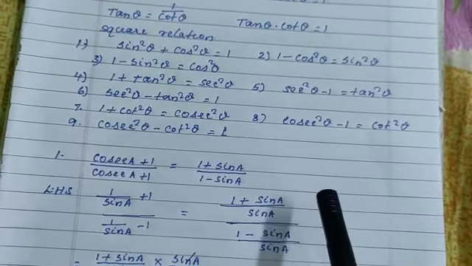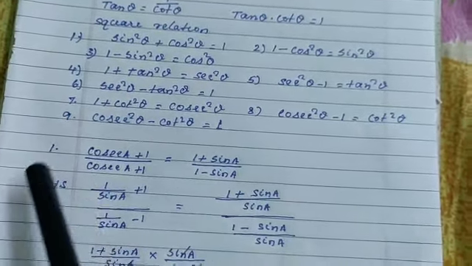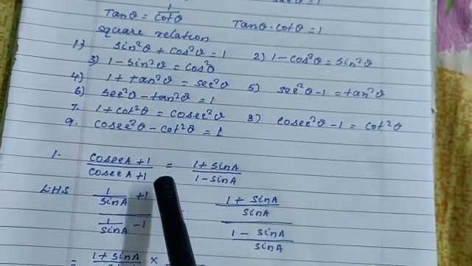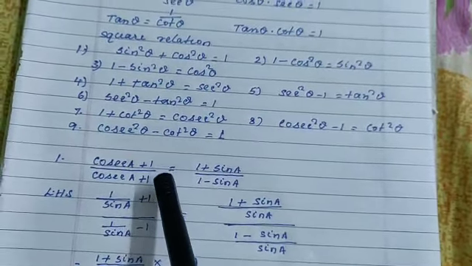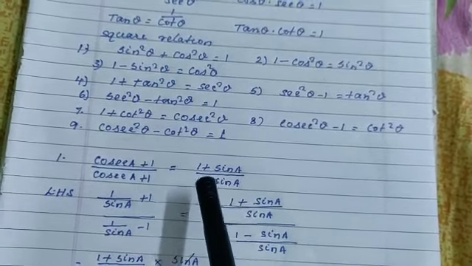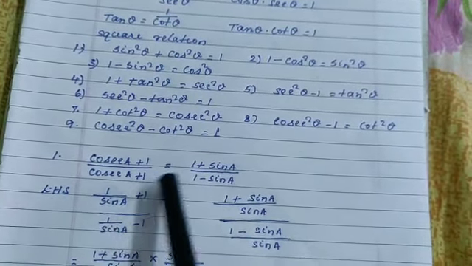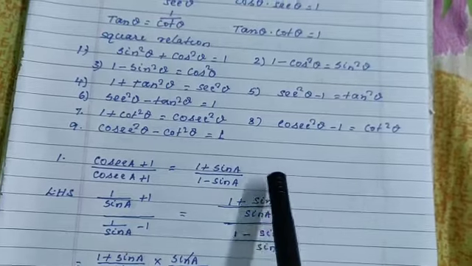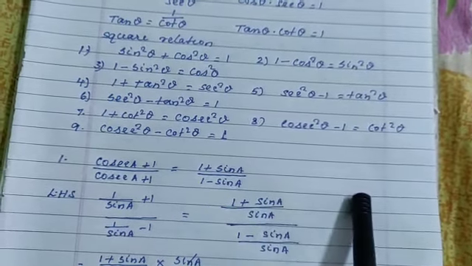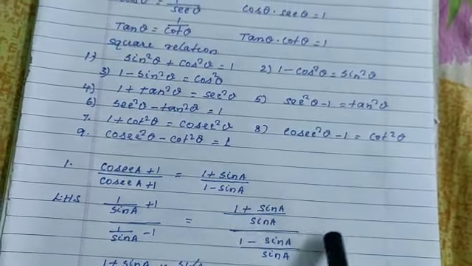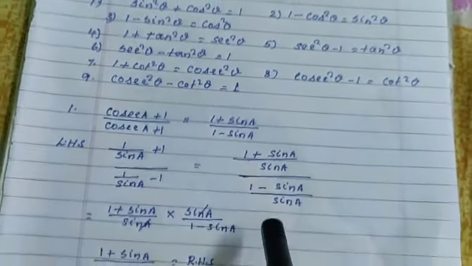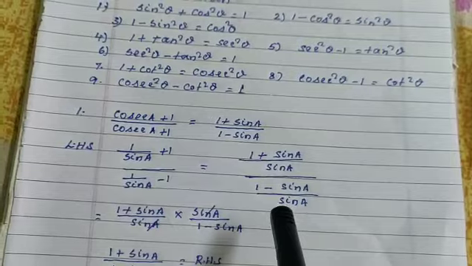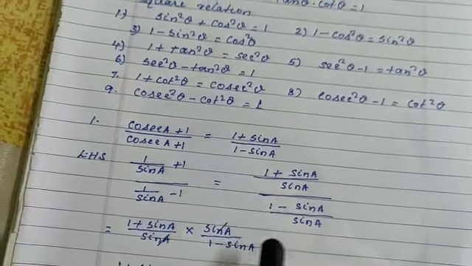In trigonometrical proofs, two sides are given: one is the left side and the other is the right side. We take the left side and bring it to the right side, that means we have to prove the right hand side. So now by using these formulas or identities, we will solve question number 1 from the exercise.